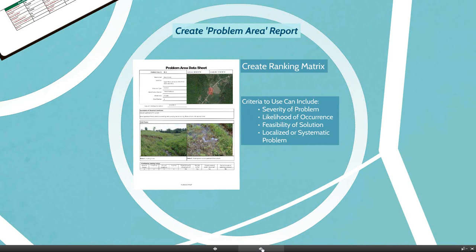And some of the ranking criteria could be listed right on this problem sheet, including some means of judging the severity of the problem, the likelihood of the occurrence of the problem, the feasibility of the solution, whether it's a back of the envelope kind of solution, add a little stone, stabilize the head wall, the culvert, versus more of a comprehensive full engineering kind of study, which would really need to be done to really address what's going on, because a lot of times